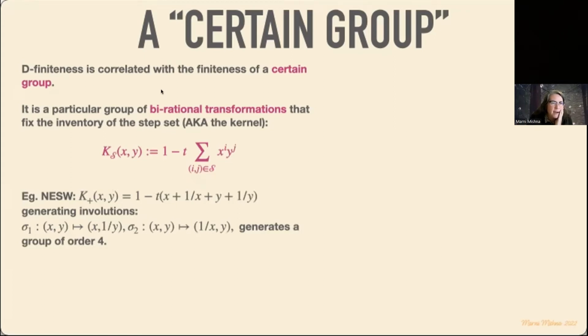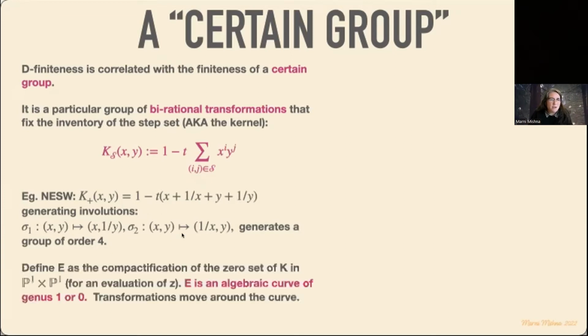And what I mean by a birational transformation is something that's going to fix this. So certainly if I send x to 1 over x, that's going to fix it. And if I send y to 1 over y, well, that's going to fix it as well. I could swap x and y, but that's not actually useful for me. Okay, so I'm interested in these: do something to x, do something to y. That's the bi, and the something is something rational. So that's the birational.